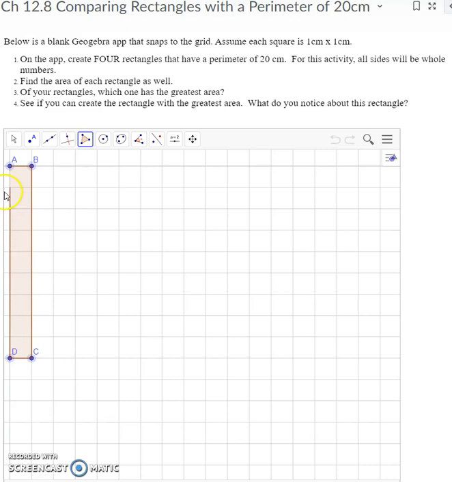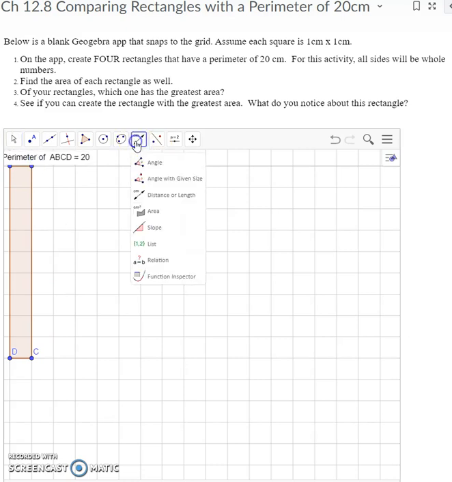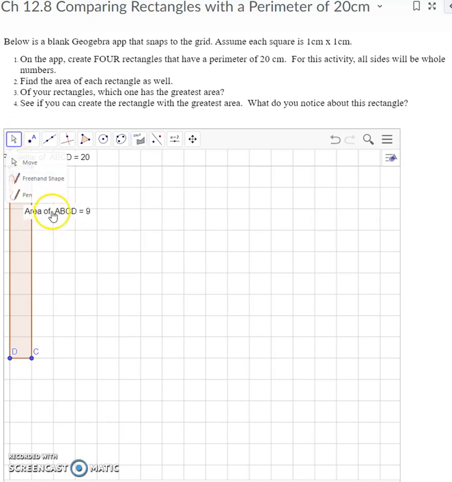Go over. And I can verify this by actually using the distance and length tool and finding the perimeter and verifying the perimeter is 20 centimeters. So if I wanted to know the area, I could do the same thing because it does ask for area as well. Find that this one has an area of 9 square centimeters. So there's one